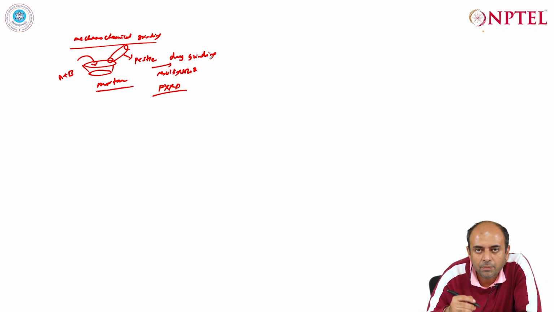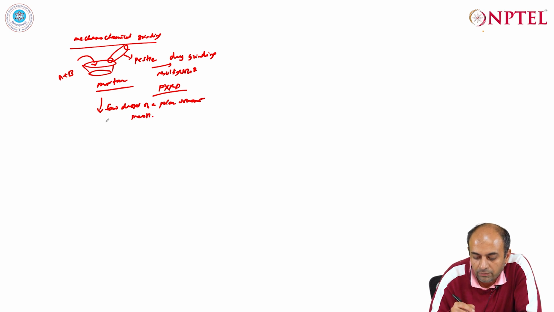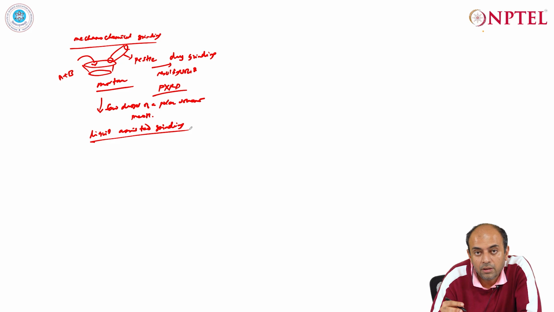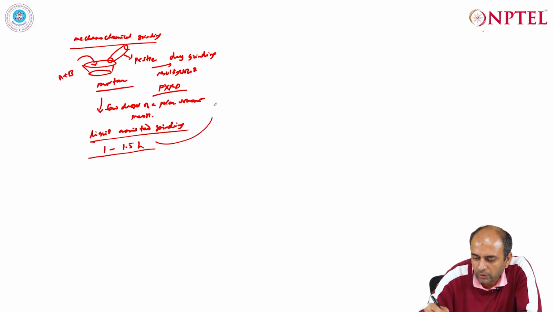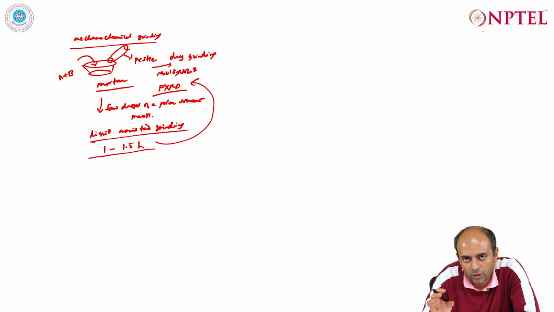But sometimes to assist the process of diffusion and more homogeneous mixing of the reactants, we also add few drops of a polar solvent. For example, we can add methanol, and then we do something called liquid assisted grinding. Once we do it for a period of say 1 to 1.5 hours on an average, you can again record the powder XRD diffraction pattern of your co-crystallized solid,